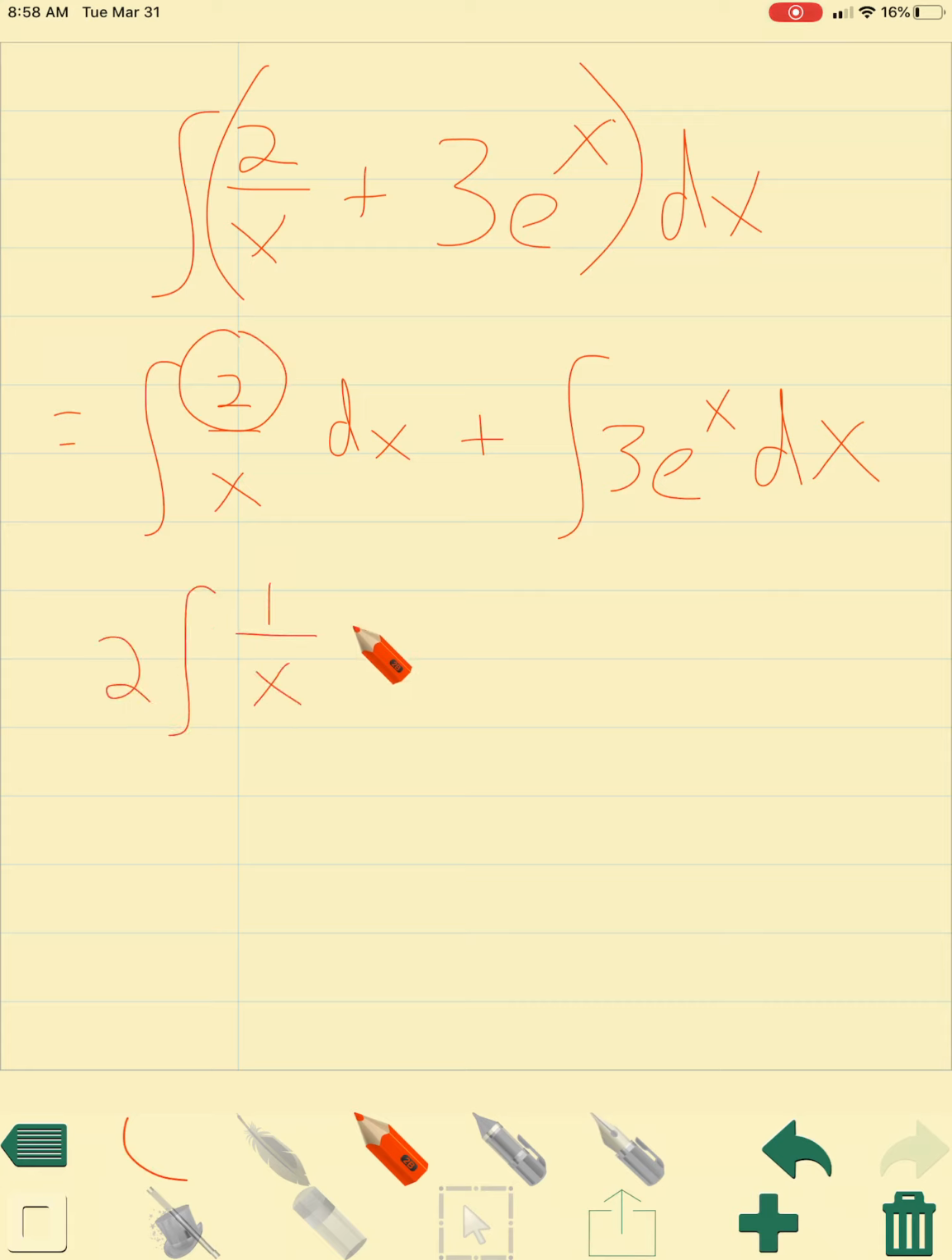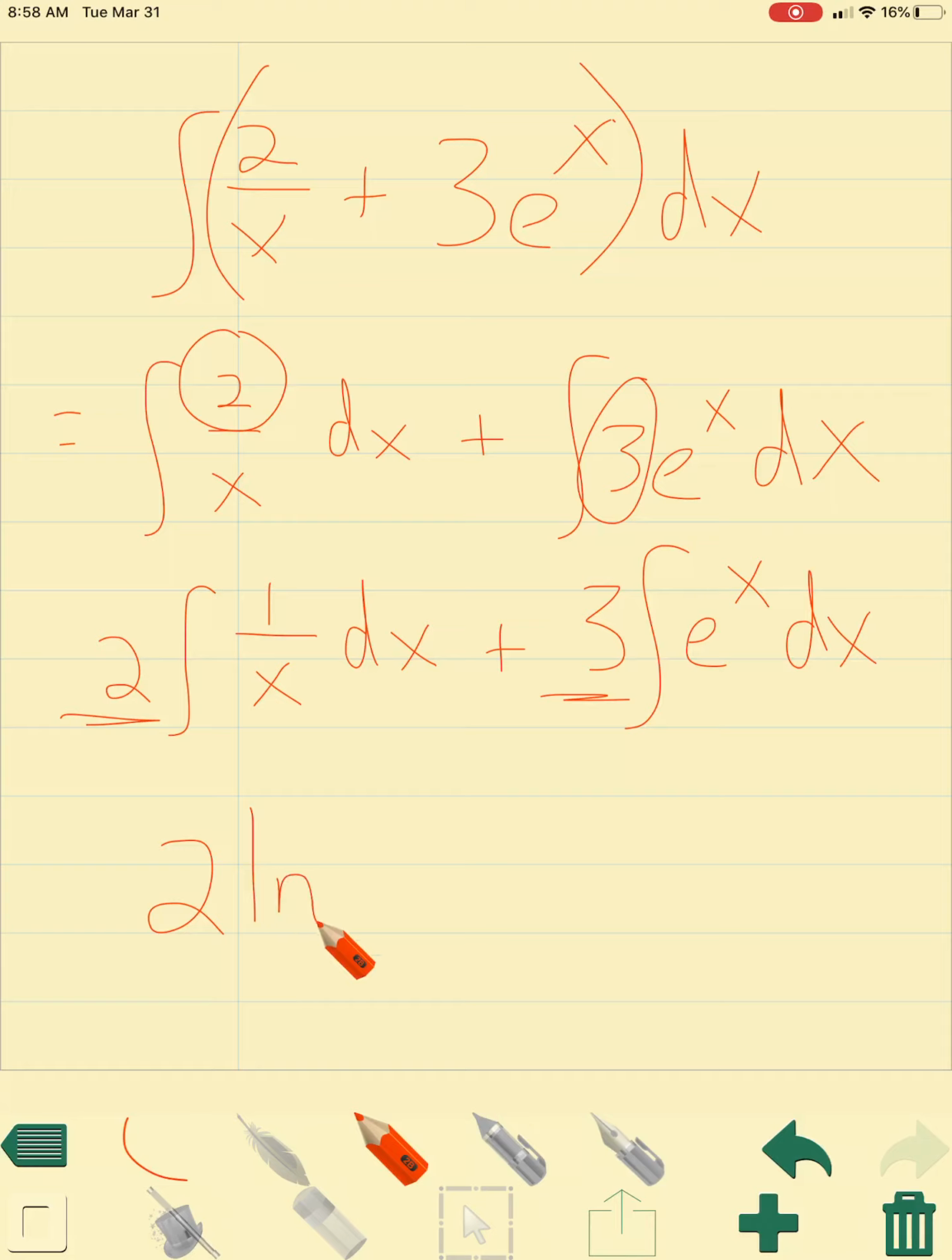So then we're just integrating 1 over x dx plus 3 times the integral of just e to the x dx. So you can take out these constants out front, which makes it easy because if we think of the antiderivatives of the natural log and e to the x, you get 2 times the natural log of the absolute value of x. Remember I spoke yesterday about how this and why this was the absolute value, because you can